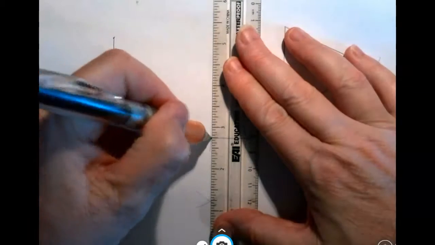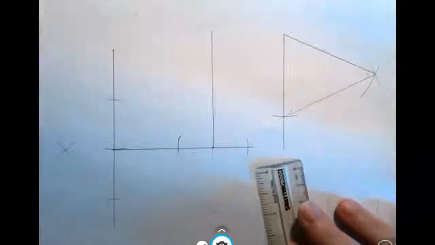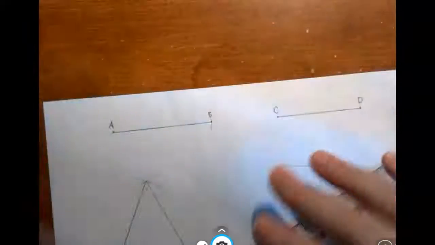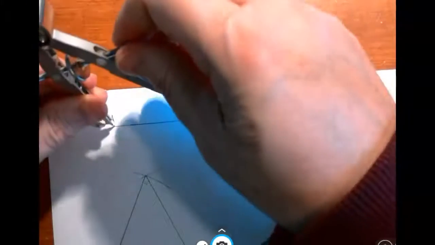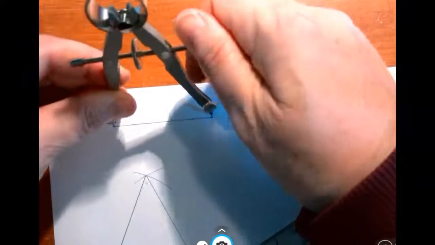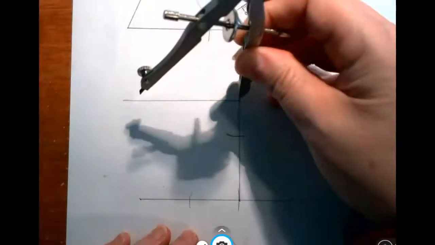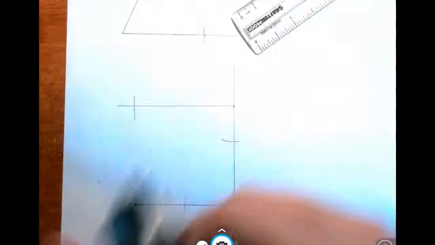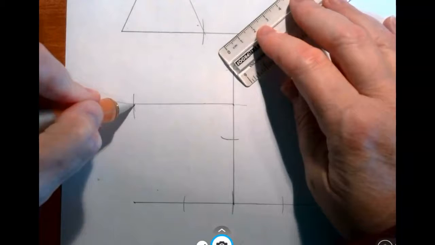And then again, I'm going to go ahead and measure off the length of AB here. So I'm going to measure the length of AB, and I'm going to measure that onto here. And now it's just a matter of, here's my fourth vertex,